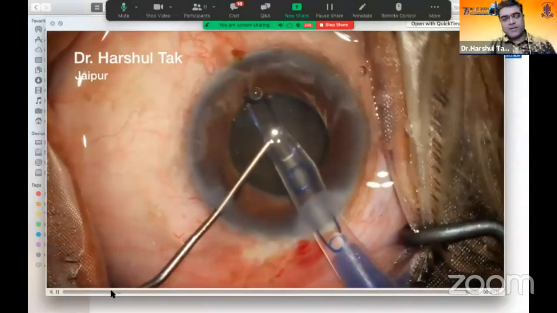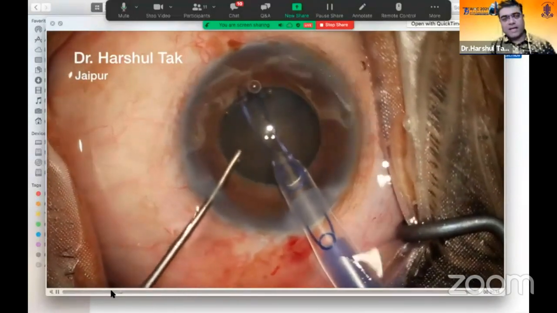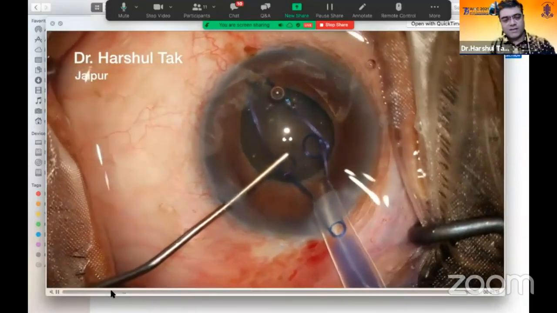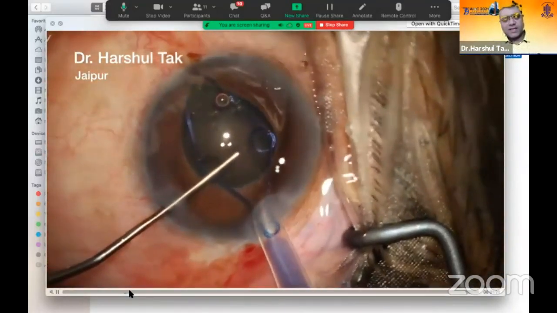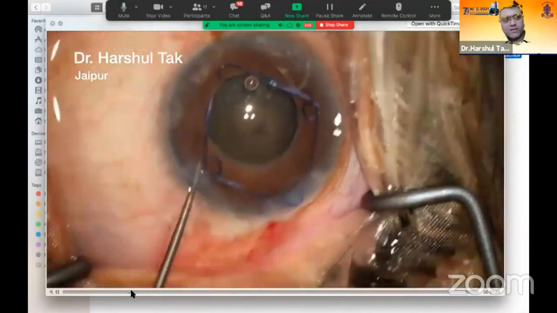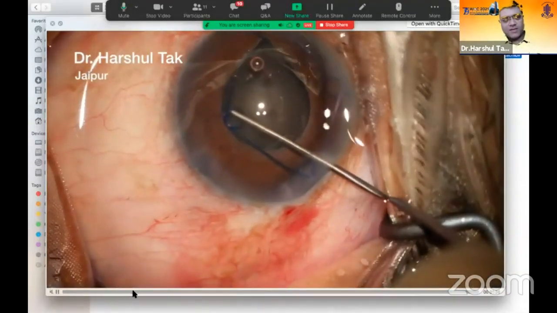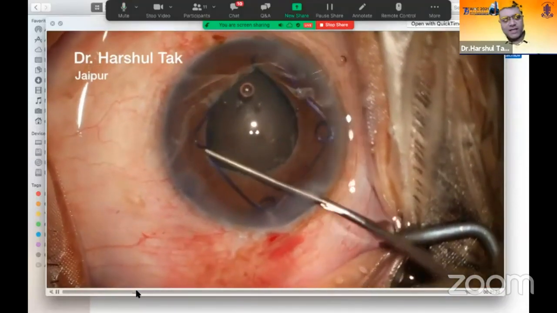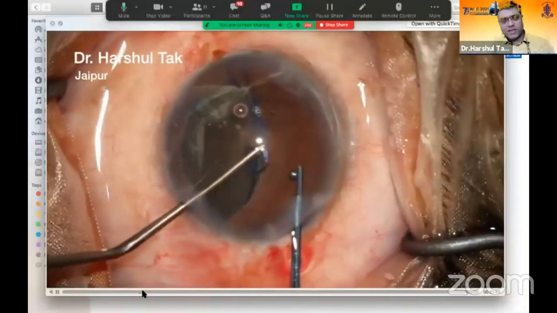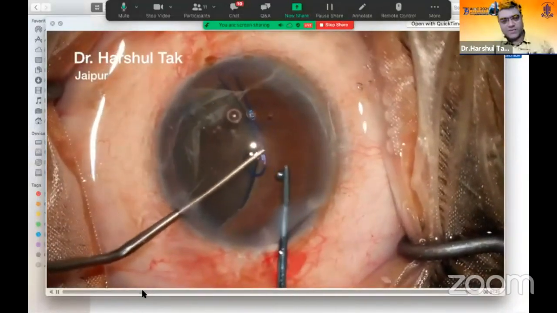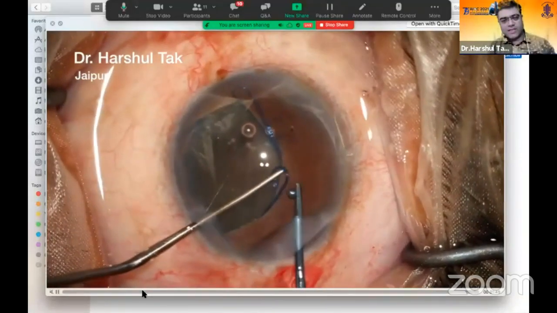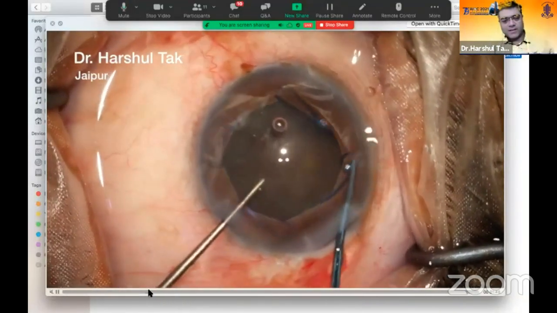So the leading haptic goes and engages the pupillary margin, the lateral scrolls come out, and again one by one, okay, it opens up outside, but you can easily engage them. So one by one you may need to use bimanual technique sometimes to put the last scroll. It becomes a little tricky, but you're able to do it.